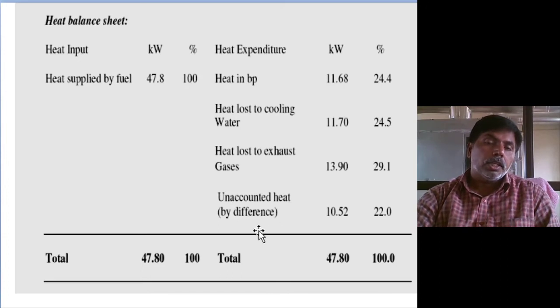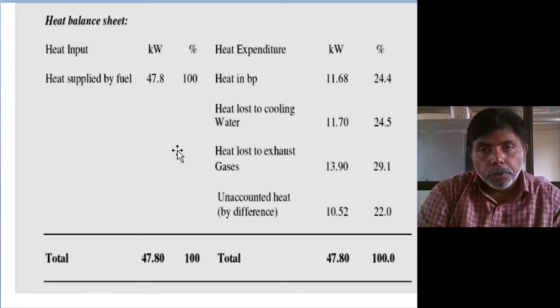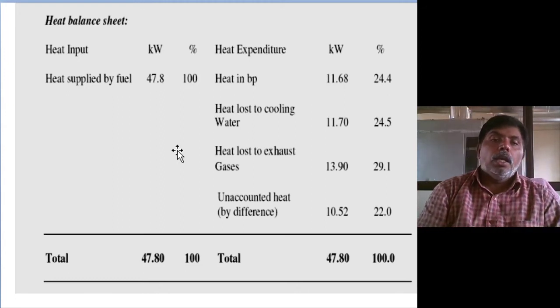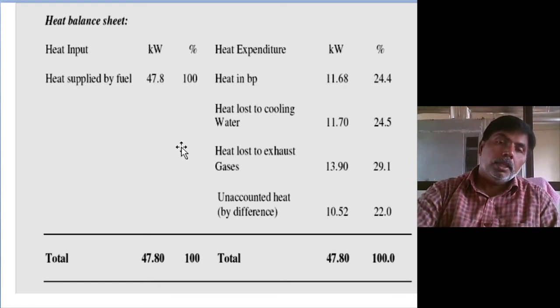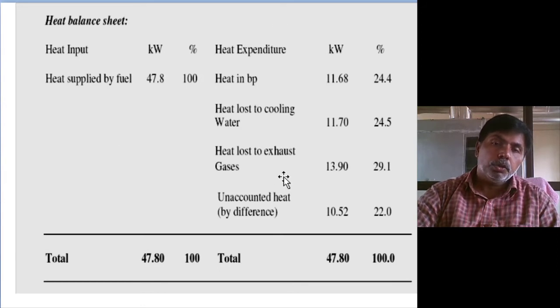Next, the remaining unaccounted losses, by the circulating pumps of water and lubricating oil, radiator blower, and radiator fan energy consumption, is 22%. This is the energy balance, or heat balance sheet. In the end examination, you may get a question like this, where you have to represent input and output, and how much percentage each is of the input. Also make sure the total is 100%.